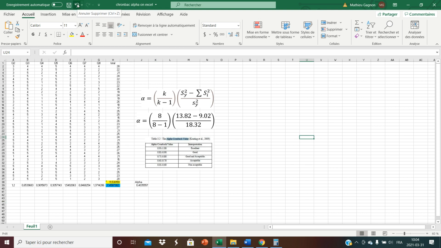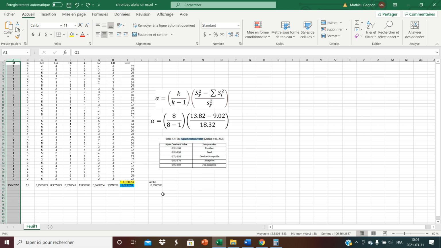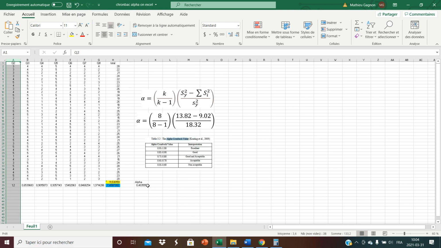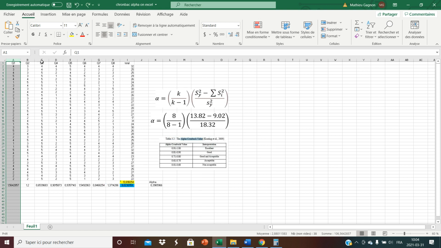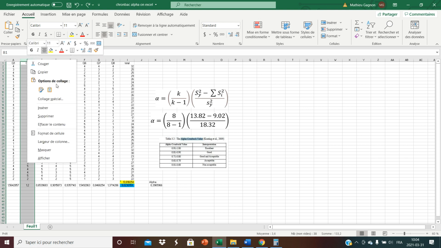See, if I re-put Q1 again, the alpha is 39.6, and if I remove Q1, si j'enlève Q1, it's 40. It's not great. It's not a big difference. So let's keep Q1, okay, and let's remove Q2 instead. Donc on va garder question 1, on va enlever question 2. Okay, so I'm going to do this, supprimer. I don't know what supprimer is in English. Suppress? No, not suppress. Eliminate? No. Delete. I think it's delete.